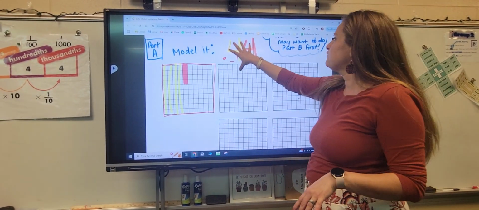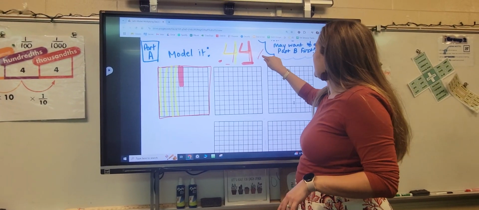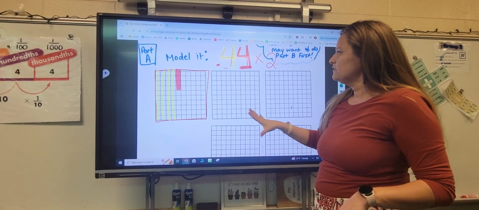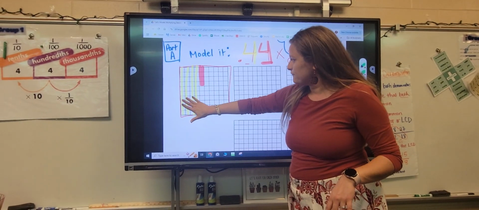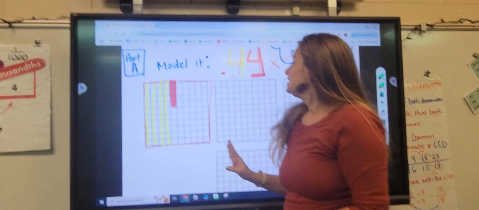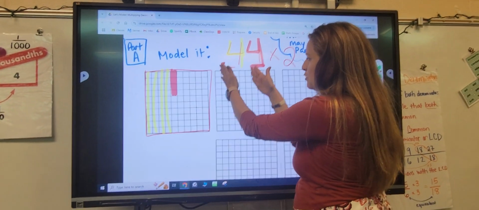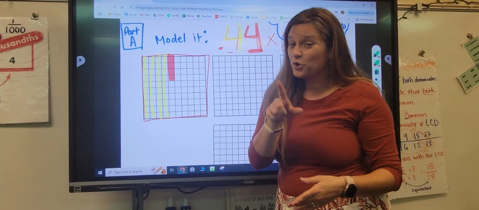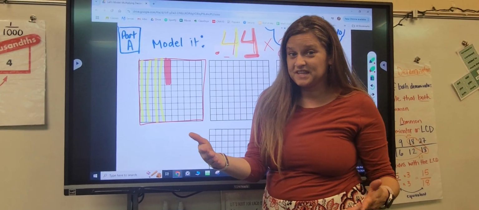So if I said 44 times 2, then I would write 44 hundredths. I would shade that, but then I would do it again. So you could shade 44 hundredths over here, or the cool way is if you want to see what the answer is, what I could do,